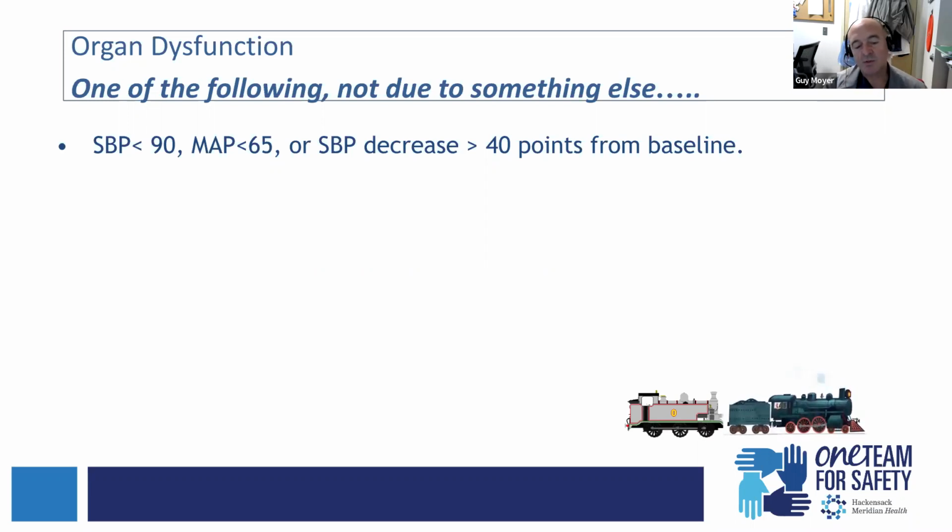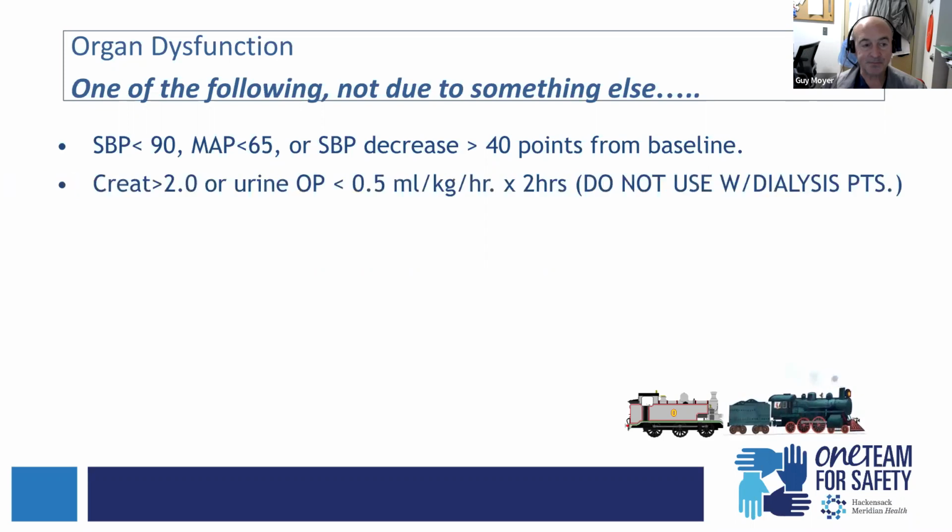The mean arterial pressure is more something that they identify in critical care areas where they're monitoring this, but also when you're taking your vital signs, say the PCT reports to you that systolic blood pressure is less than 90. That should be an alert to start thinking about sepsis. In terms of lab values, if they have a creatinine that's greater than 2.0, or if they have urinary output